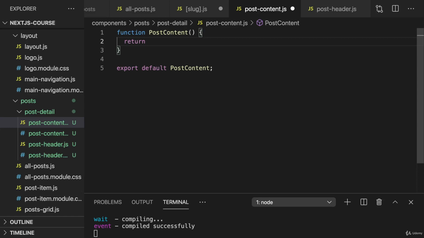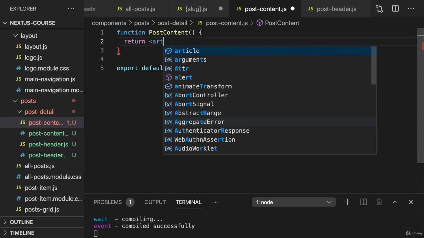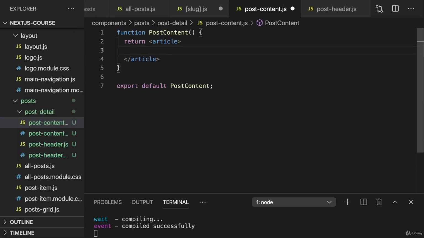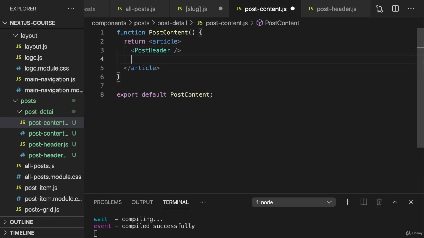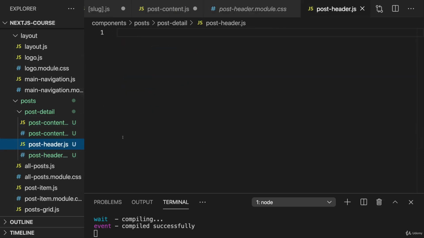For the moment, I'll start by adding an article element here, a standard article element, and then rendering a post header here as a first element, and then below that, the actual content. And that is what will then later translate from Markdown to actual JSX code. Now let's start with the post header though, with that post header component, for which we have this separate post